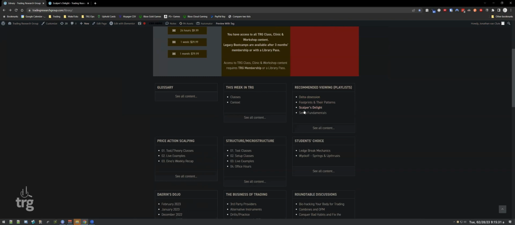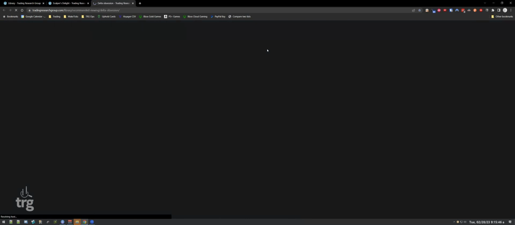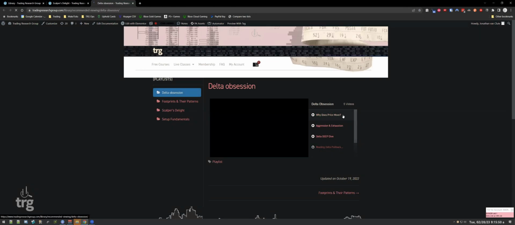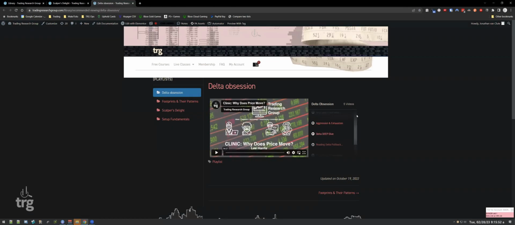And of course, other things too. If you're a detail freak and you want to understand every piece of the numbers of what's going on in the market, the volume at price and the deltas, and you want to go deep down that path, well, Delta Obsession. That was the idea behind that. I gathered up every single thing that was related to volume at price, delta, et cetera, and I tried to put them all into a sensible structural order. And there's not that many things here. There's only 5 videos. It seems like, oh, that's not very much. But these are some of the heaviest